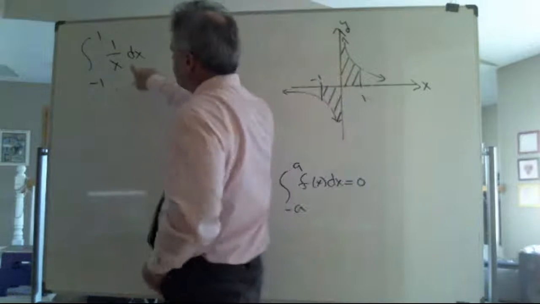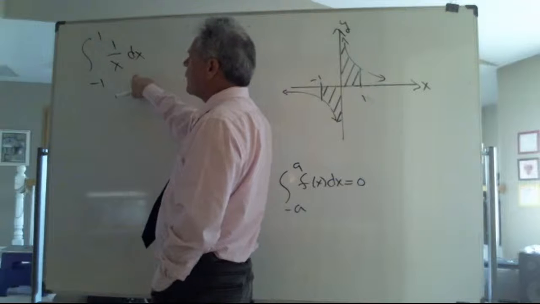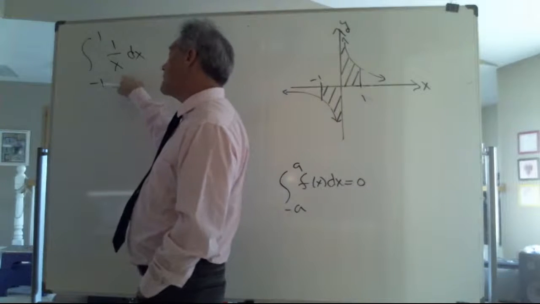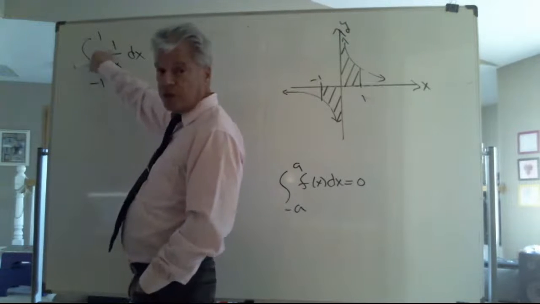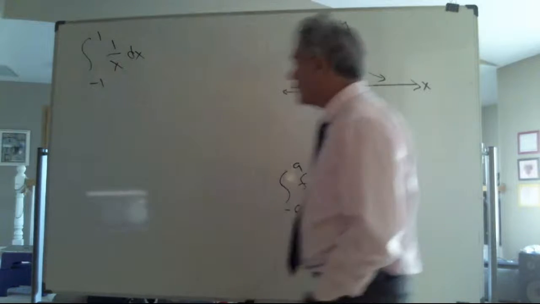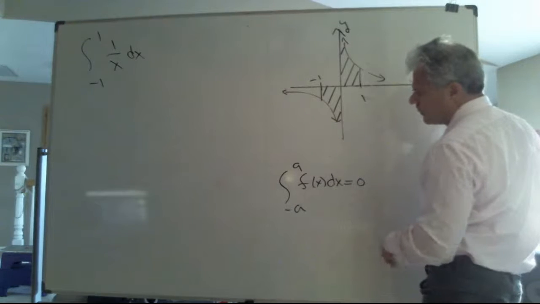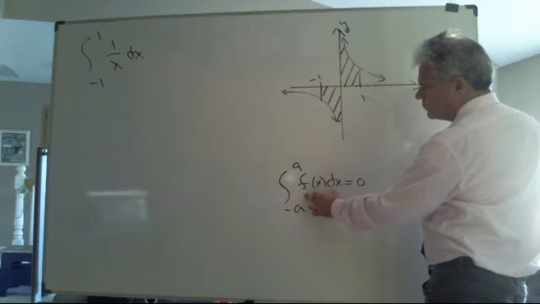Let's take a peek at this interval. Now, clearly it's an improper integral because the function in the integrand is indeed not continuous over the entire closed interval from -1 to 1, in particular at x equals 0. Now, if you take a peek at what you learned from the past, to evaluate this integral, as x ranges